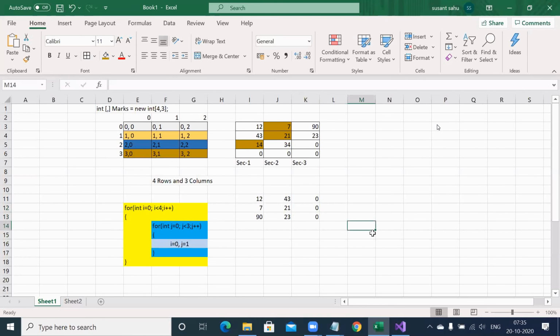You don't need to enter 0, 0, 0. I'm just showing based on this. So first row will be first column, second row will be second column, third row will be third column, like that. Okay. 14, 34 and 0 like that. This is the third column, 14, 34 and 0. Last one will be 0, 0, 0.